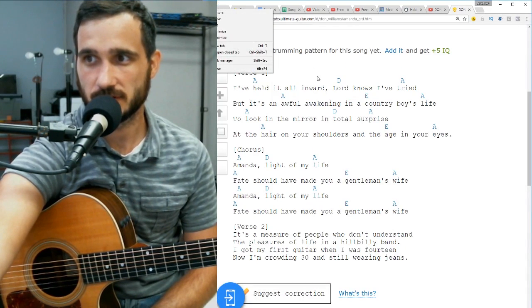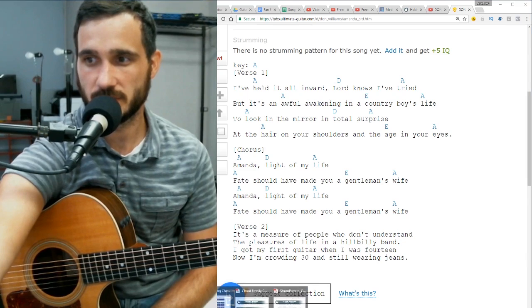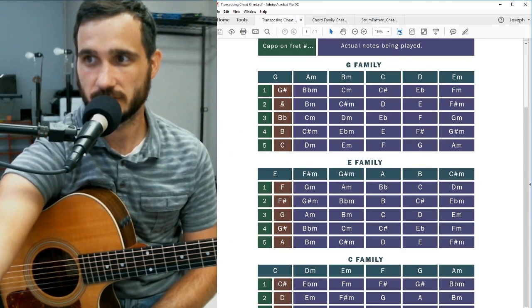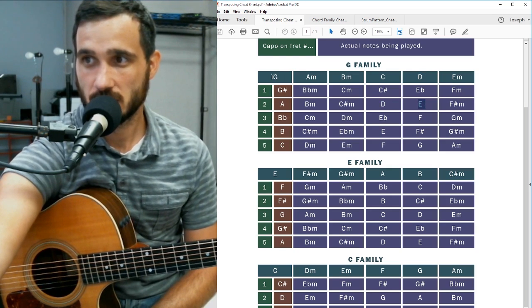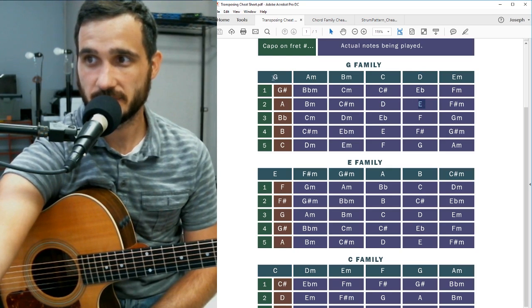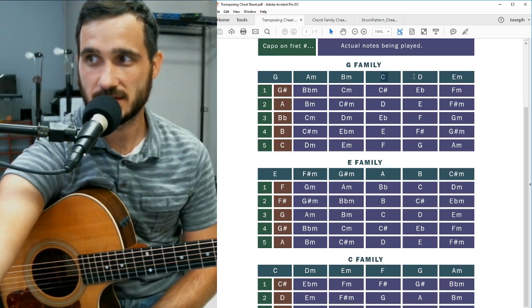Go back to the song. D would become, so if we find D in the A chord family, D is right here. So D becomes C, and the other chord, I believe, is E. E becomes D. So instead of A, D, and E, we're now going to be playing with G, C, and